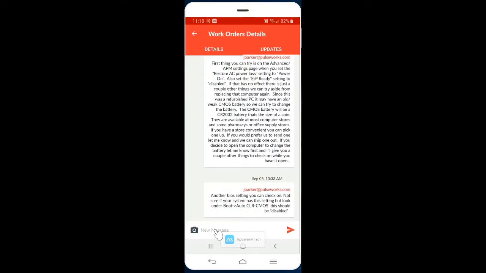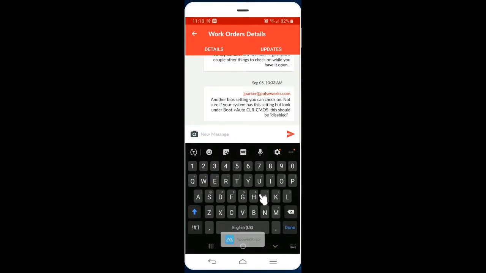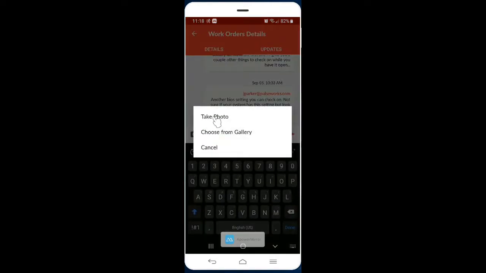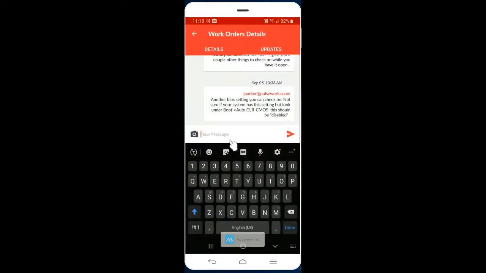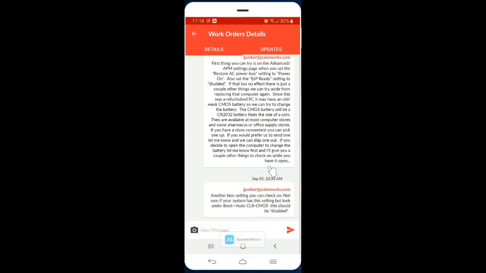So if we go to this new message section here, if we just touch on it, that will pull up a keyboard, and just like any texting app, this will allow us to quickly send messages that stay forever documented with this work order. So we have a history of everything that's gone on. You can choose photos. If we're done with this, if we go back to the Details tab,